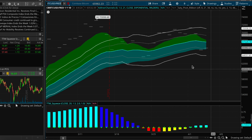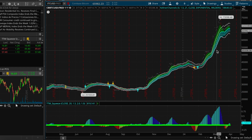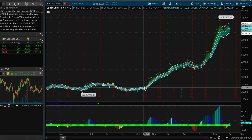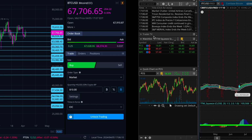And if it does sort of continue in this motion, I wouldn't be surprised to see that channel compress again and maybe sort of start to give some potential for another big move. Now, I don't know which way the big move would come, but seeing these compressed channels certainly can give you the idea that there's potential consolidation for a big move to come in the near term. So